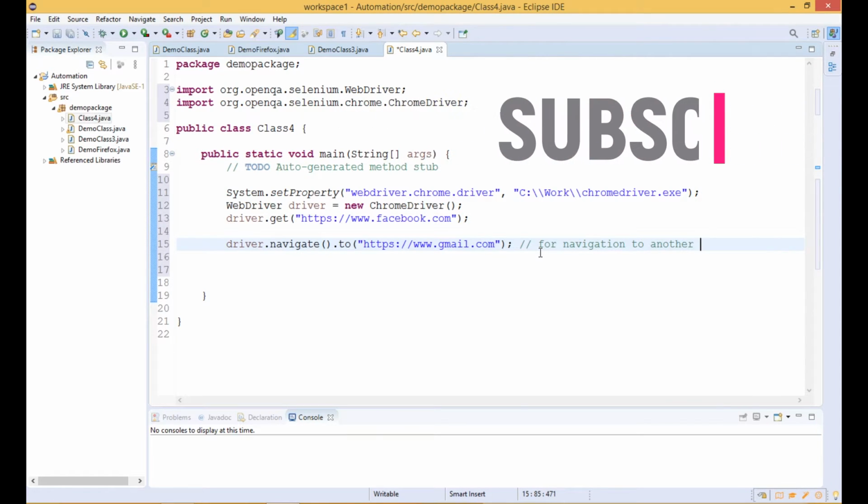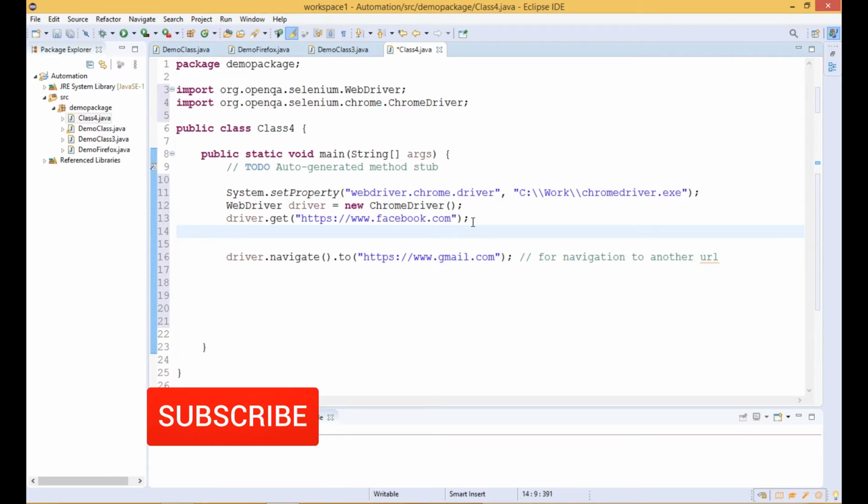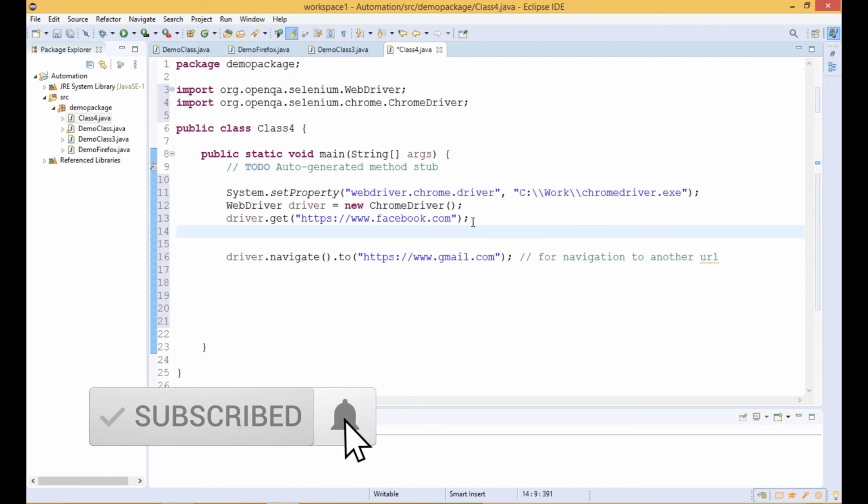So to verify that we are on some other URL, what we can do, we can verify the title of that URL. So we can verify the title of the Gmail page. For that, first of all we will verify the title of the Facebook page. After that we will verify the title of the Gmail page. So to verify the title, what we have to write,